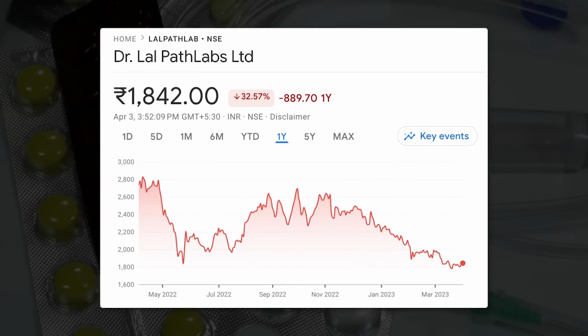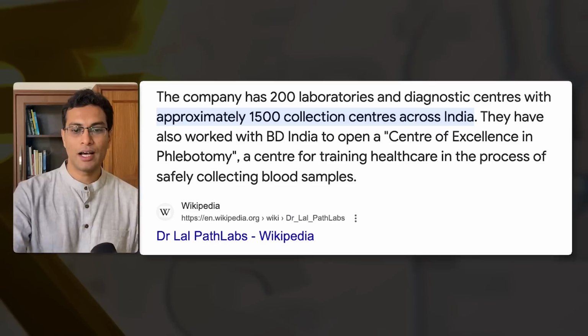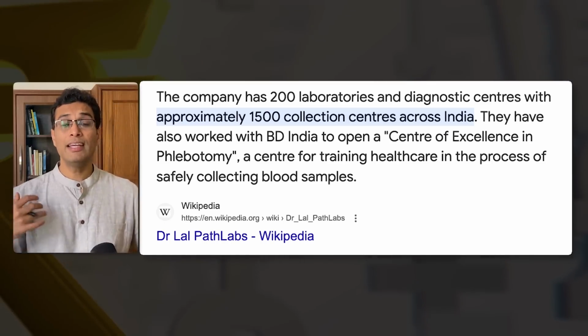So the final stock that I will speak about is Lal Path Labs. Now, Lal Path Labs has fallen quite aggressively. The reason why I decided to purchase Lal Path Lab was that it had fallen quite aggressively. So I was getting it at a decent price. But after I purchased it, the market kept on going down and down and down. And my loss kind of increased.